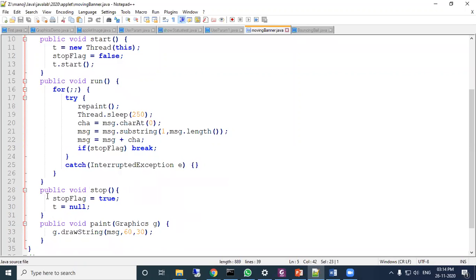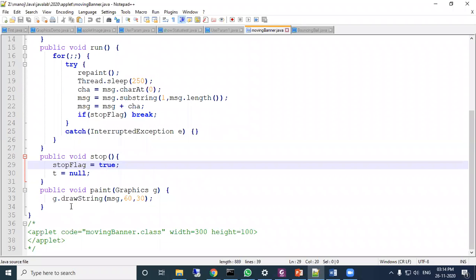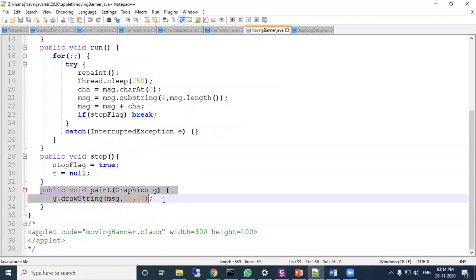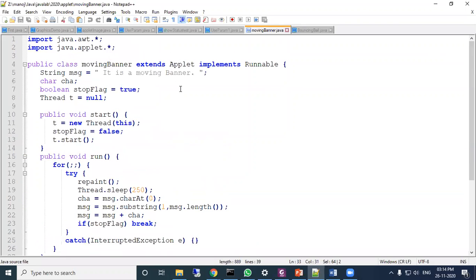Now there is another stop method also of the Thread class. When the stop method is called, stop flag equal to true value is set, and t equal to null. Next, the paint method. The paint method is a method of the Applet class.